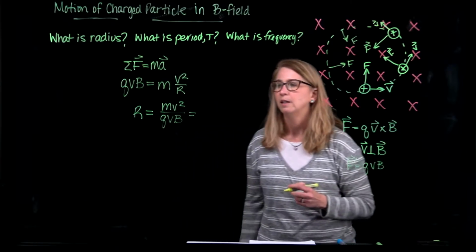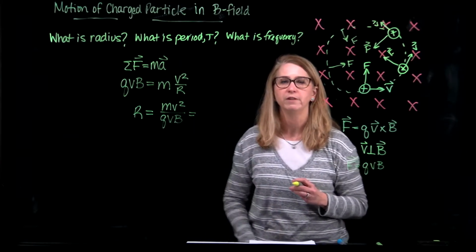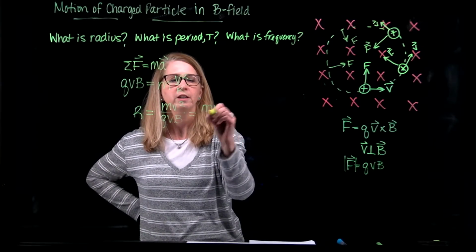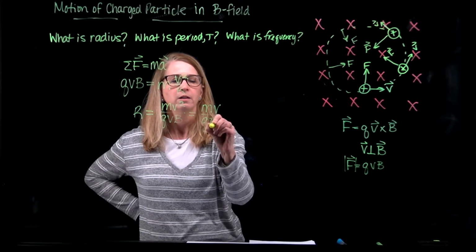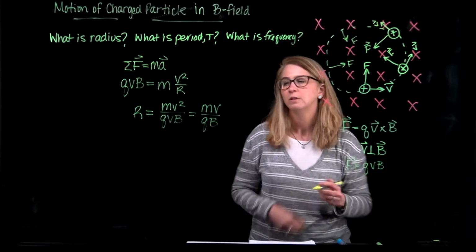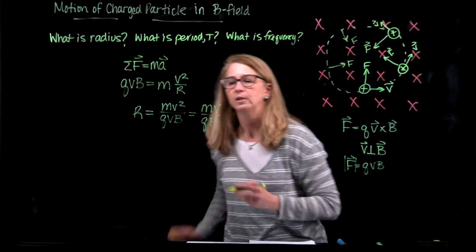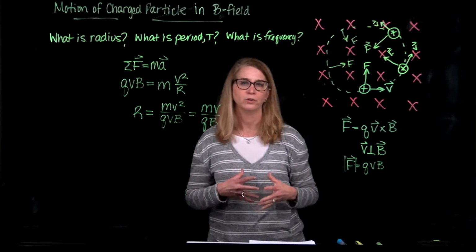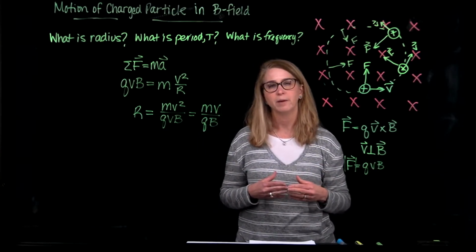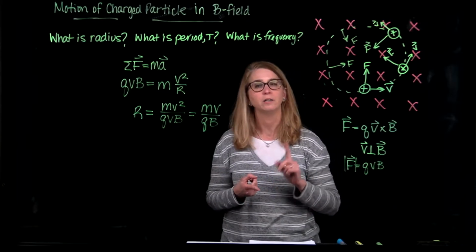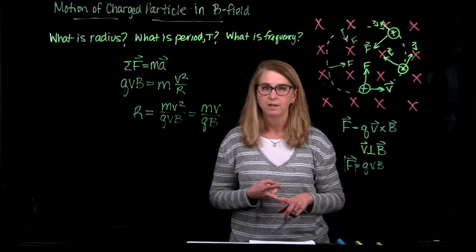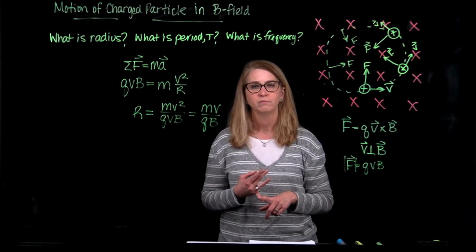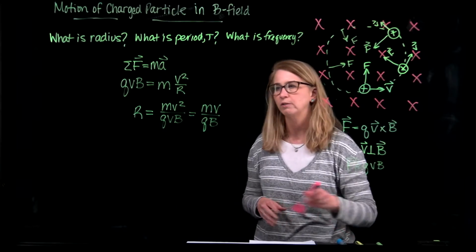And you can see I got a v squared on top and a v on the bottom, so one of those v's is going to disappear, and I'm left with mv over qB. So basically what we find is that the radius of the particle's motion is going to depend on a couple things. It's going to depend on its mass, its velocity, its charge, and the strength of the magnetic field. But in any case, we can use that relationship